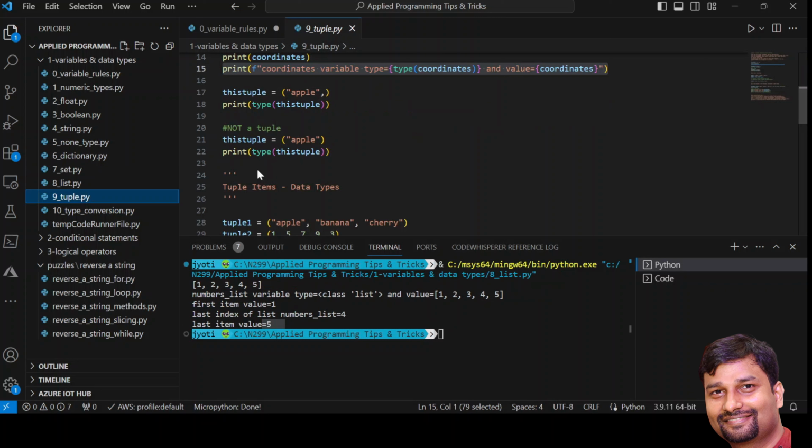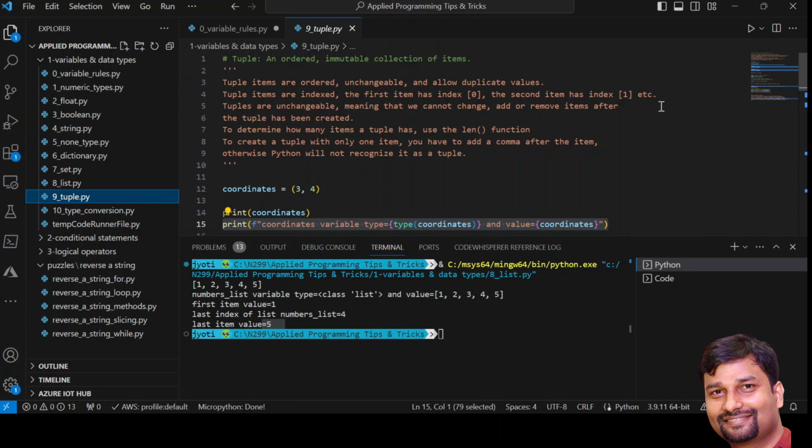Perfect. So now I will discuss tuple. What is a tuple? A tuple is an ordered immutable collection. So once you define it, you can't alter it. And if you want to access it, you can access it by index. So how do you create tuples in Python? Like this: parentheses and then comma separated items. If you want to define a tuple with a single item, you need to follow one specific